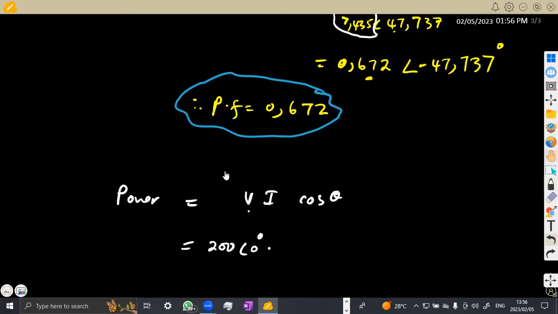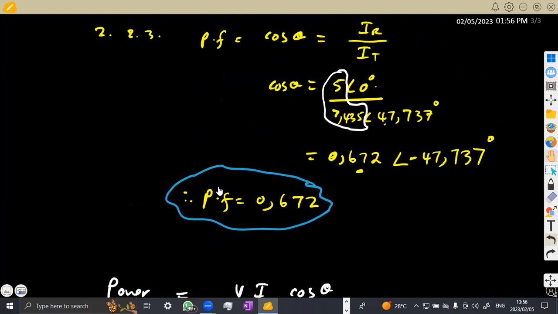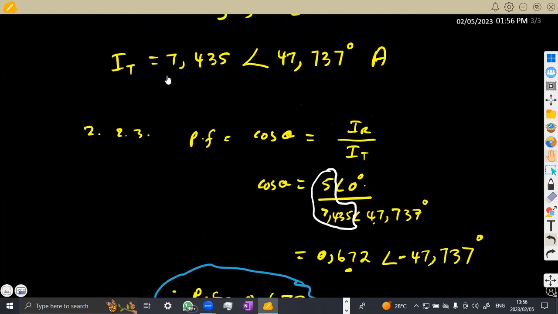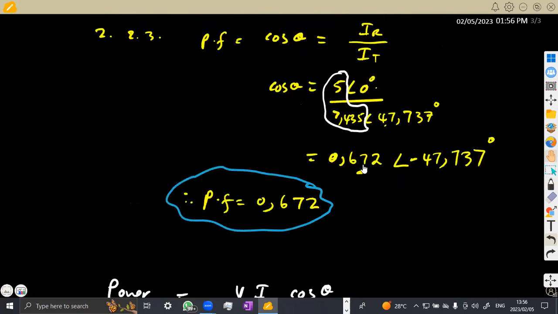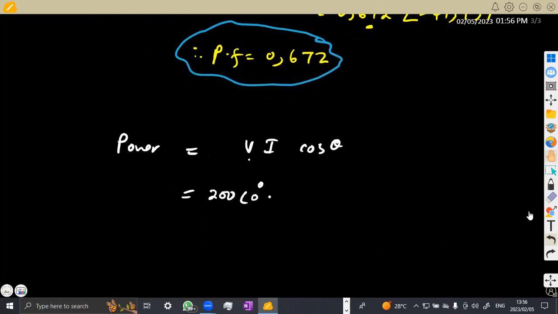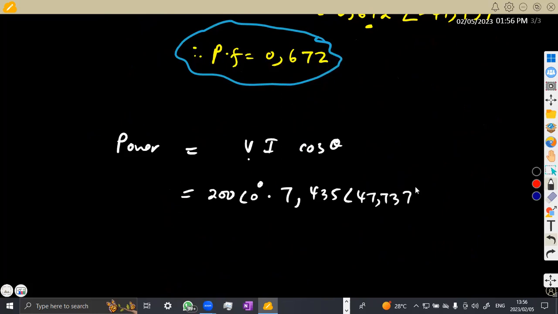This is your total current, the one that we calculated before, which gave us 7,435 angle of 47,737 degrees, times